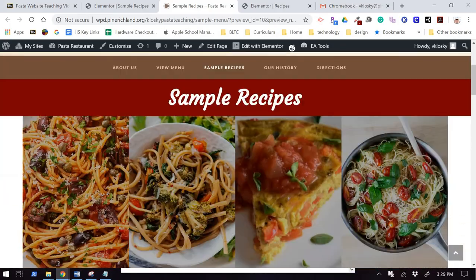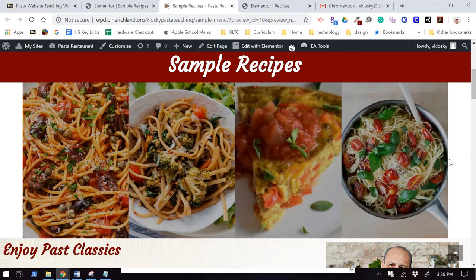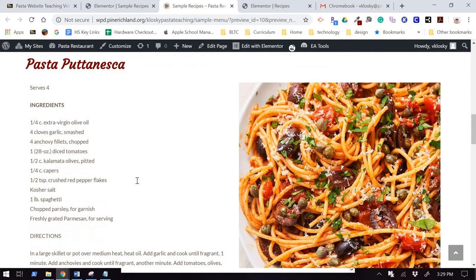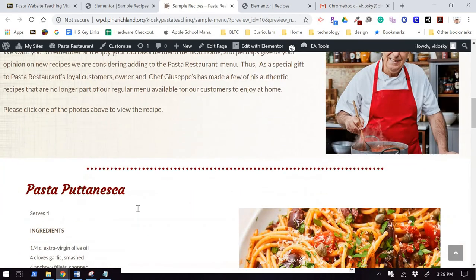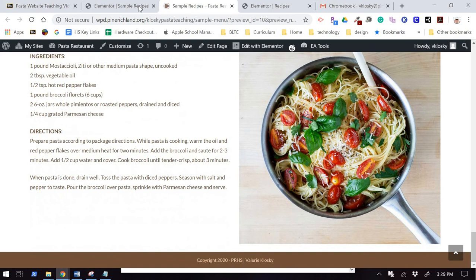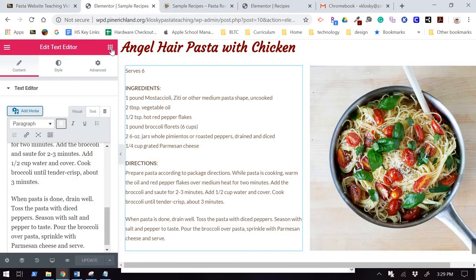Really nice. We may want to make this top section right here full width because I don't like this gap out here. So I'll go ahead and do that. And maybe this section doesn't look good full width, so I'll expand that back in. So we'll make those corrections and then we'll be done. All right, so let's go back